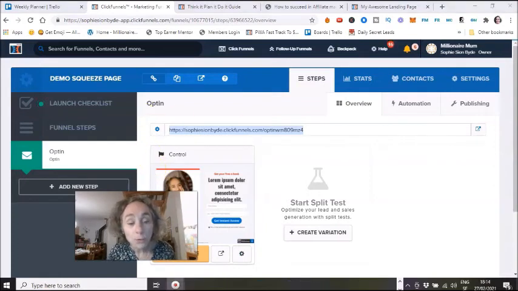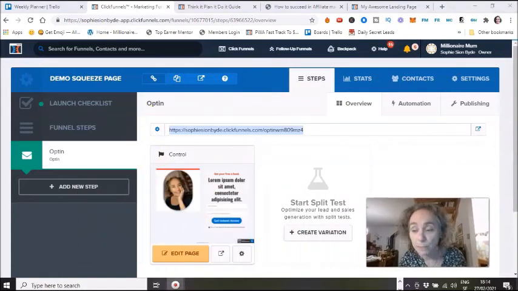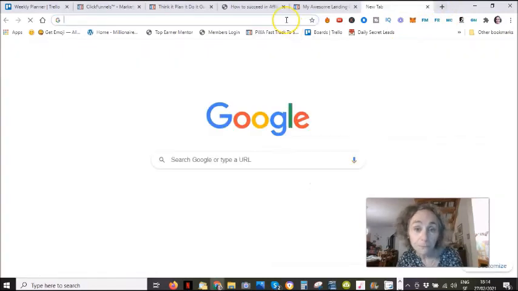However, if you don't want to do that because you don't want to spend any money, or because I have quite a few domain names and for a simple squeeze page like this I'm not going to buy another domain name, okay? So what I would do is simply copy it and go to bit.ly.com, which is here,